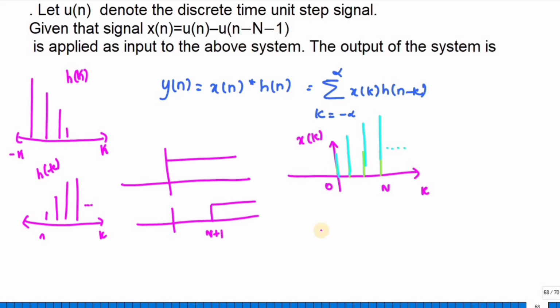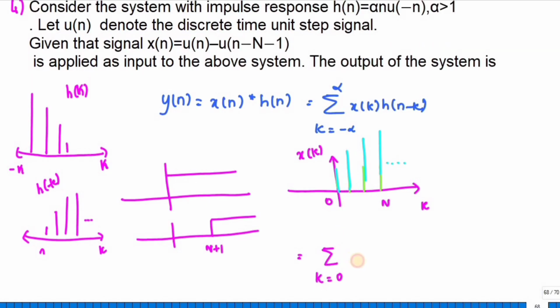So we can write this is equal to summation k is equal to, so anyway it starts from 0, right? 0 to n, this is nothing but alpha of n minus k, u of minus, so it ranges from 0 to n, right? 0 to n,